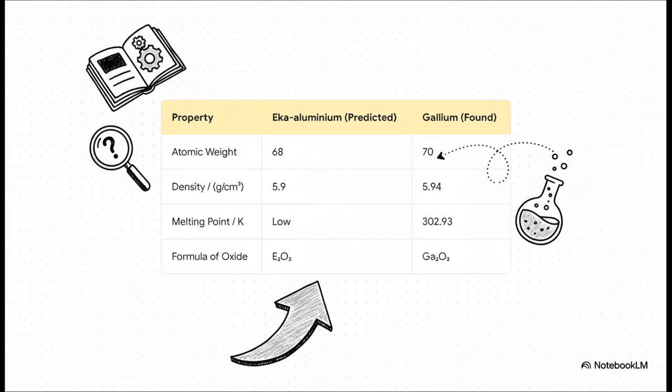Now this is where it gets really interesting. This is what separates a hero from a superhero. Mendeleev was so confident in his system that when an element didn't quite fit, he didn't try to force it. He bravely left an empty space and basically said, hey, an element that belongs here hasn't even been discovered yet. And he even predicted its properties. Look at Eka aluminum. He wrote down its future atomic weight, its density, everything. And guess what? Years later, when gallium was discovered, his predictions were almost spot on. I mean, how mind-blowing is that?